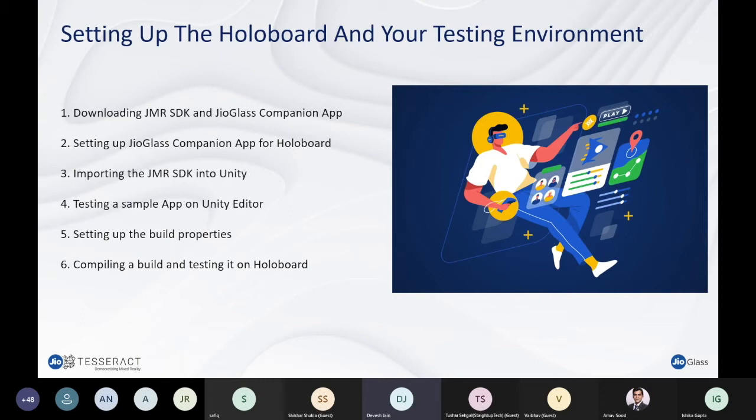GeoGlass SDK. So I think we also get a lot of questions like these. Can we implement blah blah blah within GeoGlass SDK, right? So I want to fundamentally also help clear out how you judge, without our answer, without a question to us, whether something is going to be compatible with GeoGlass SDK or not. So GeoGlass SDK is just another plugin inside Unity, right? It does not really replace Unity. It does not do anything major with Unity.